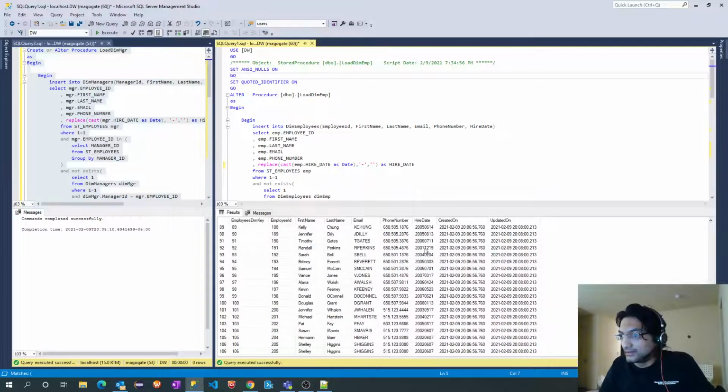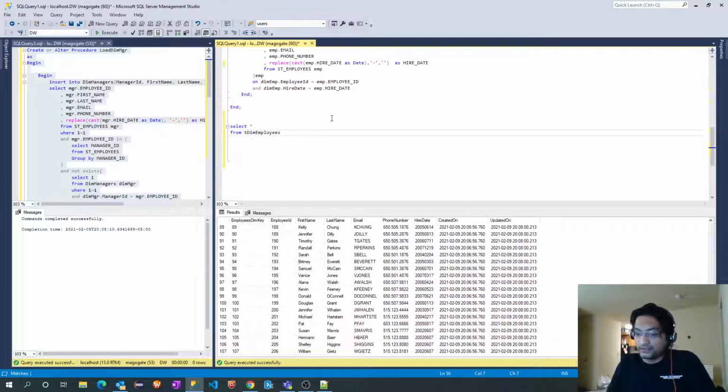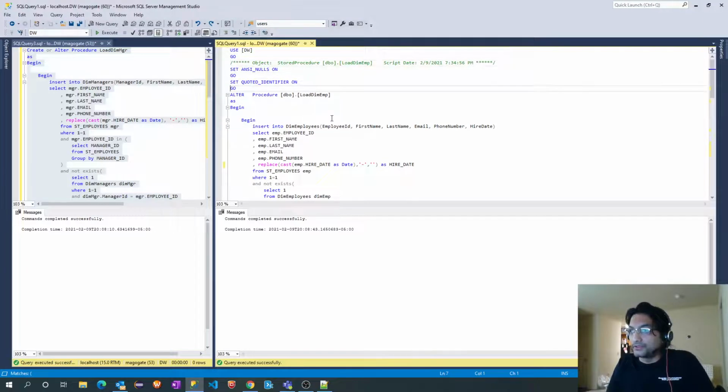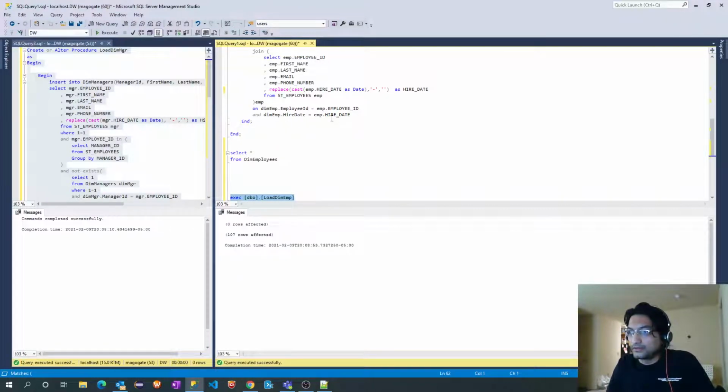All right. Let me drop and recreate, or I will truncate and recreate. Truncate table. Okay, and I will execute that once. Okay, this is perfect.